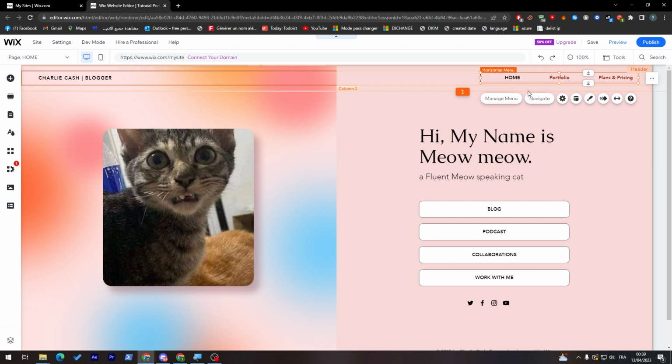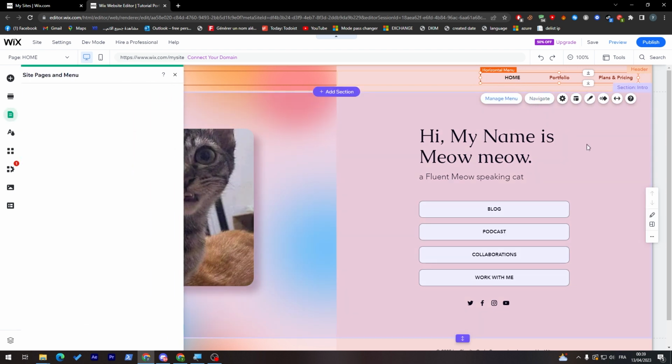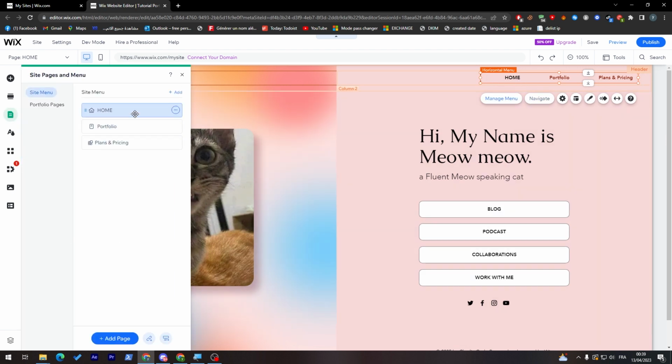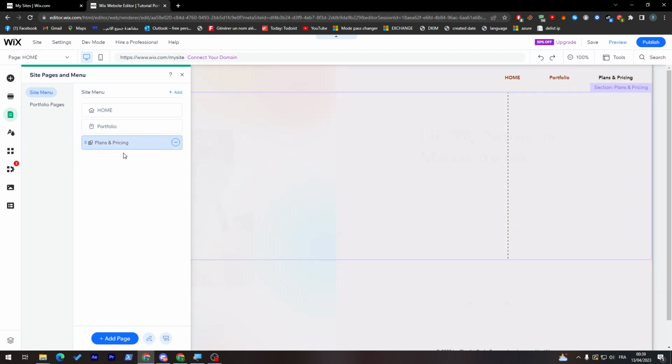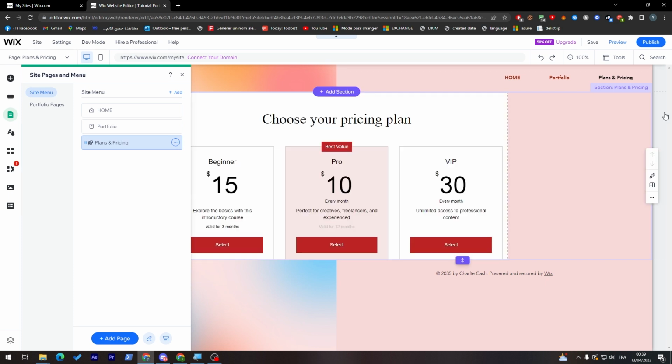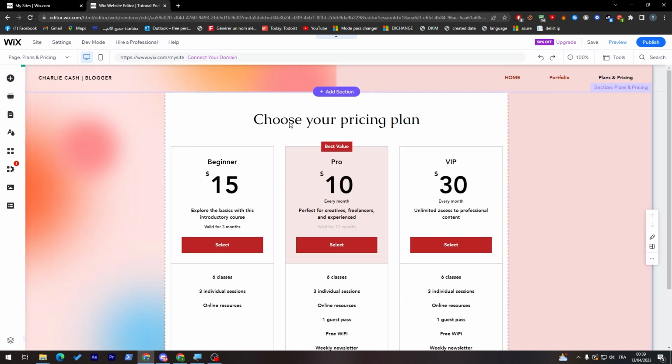For example, this is the manage menu. You can navigate through it. So, manage menu. There's the home page, portfolio and plans and pricing. Let's go to the page where we can see the plans and pricing. So this is the page, and here basically if someone would like to order something from you, let's say that you